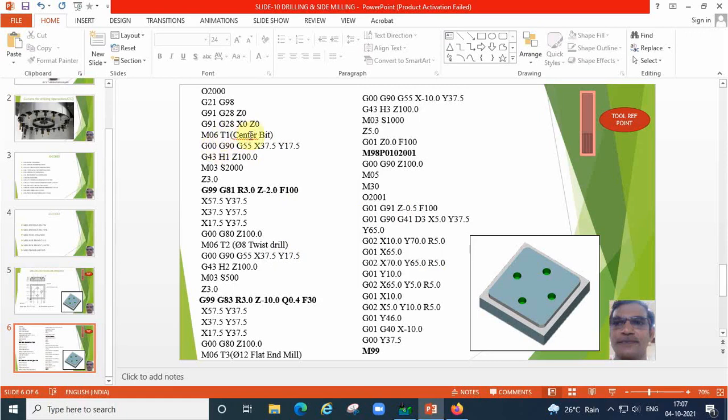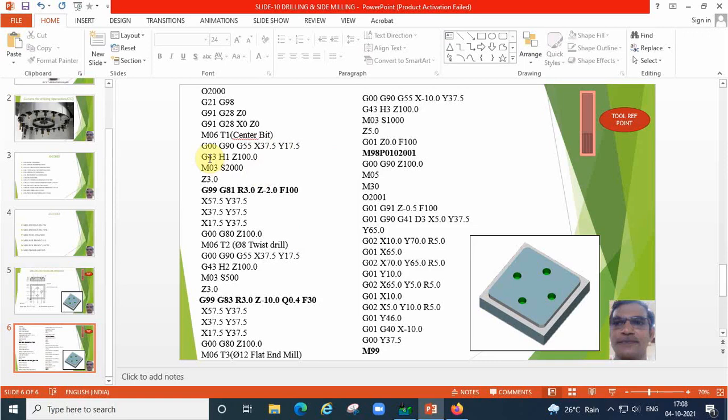After changing the tool, bring the tool to X 37.5 and Y 17.5 directly. So directly we are keeping the tool at any one of the drilling spots. Why? Because in the previous 2 cycles we kept the tool at X0, Y0, corner or middle. For this drilling cycle, where we locate the tool first, there the drilling operation will be carried out. So we can keep the tool directly at any one of the drilling spots, that is X 37.5, Y 17.5, this is a spot.